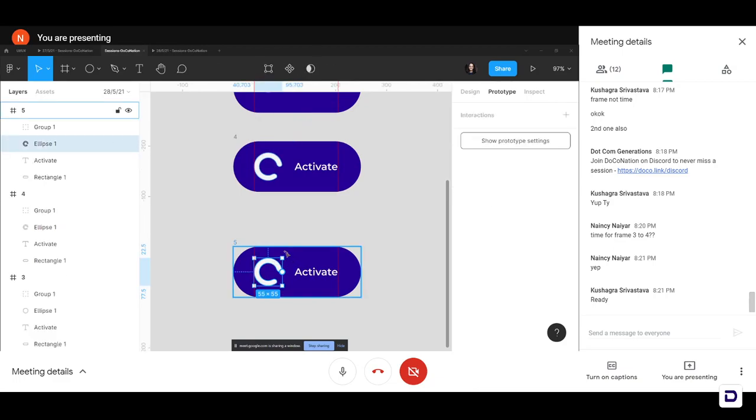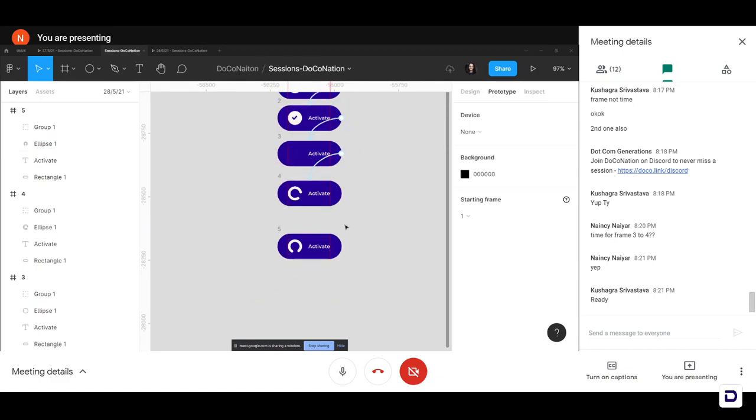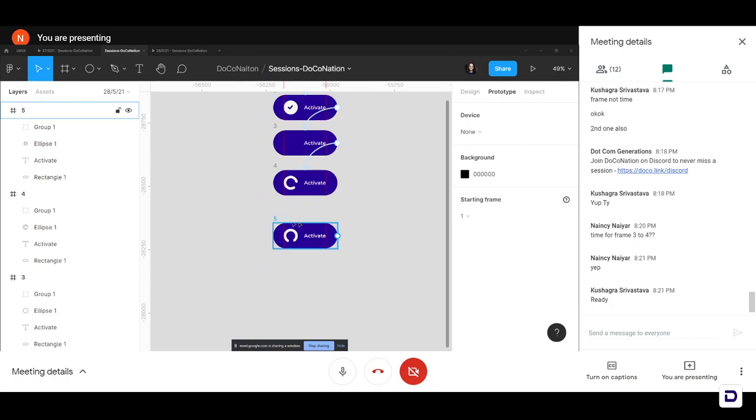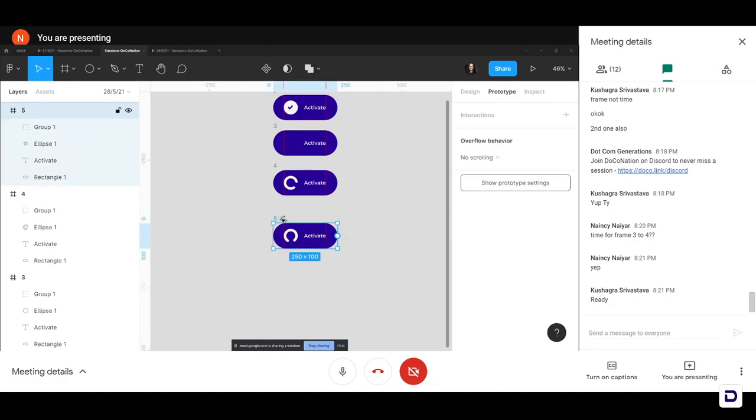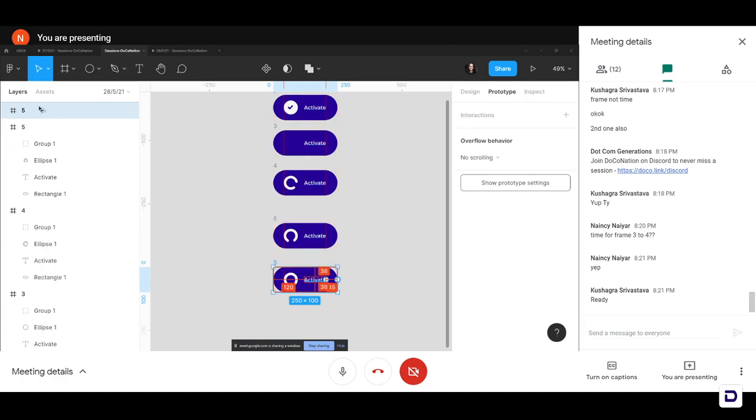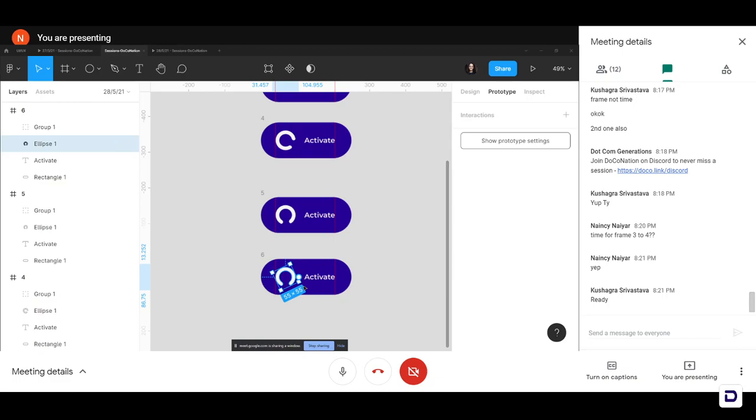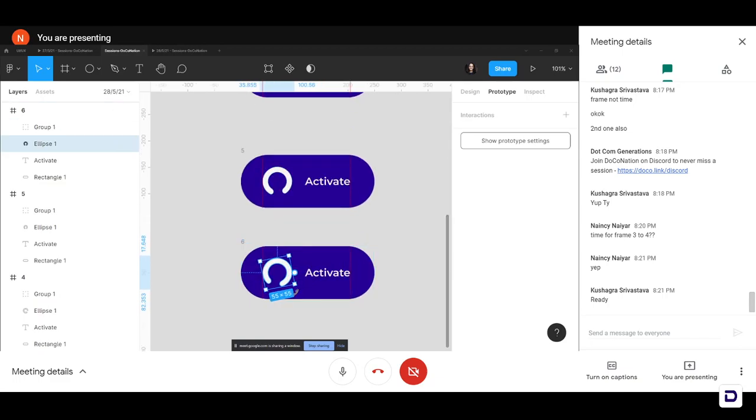So select your circle and just rotate it like that. Okay, so I rotated it a little bit here. And then the same thing I'm going to do, I'm going to copy my frame 5 and Alt and drag, name it frame 6. And I'm going to change the position of the circle further more. Okay, again rotate it a little more to the left side.